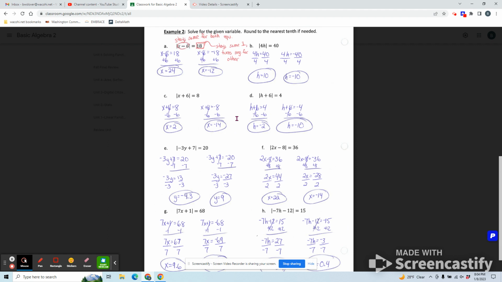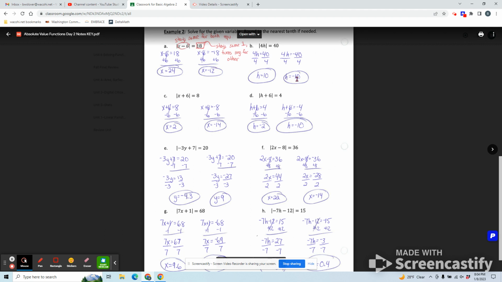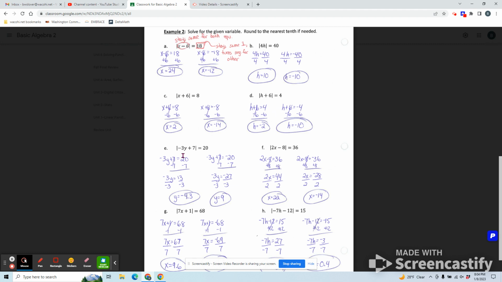So today we focused on solving absolute value equations. There are 2 equations for each example. So this had 2 answers, 2 answers, 2 answers, 2 answers. It will always be like that. Make a note to your